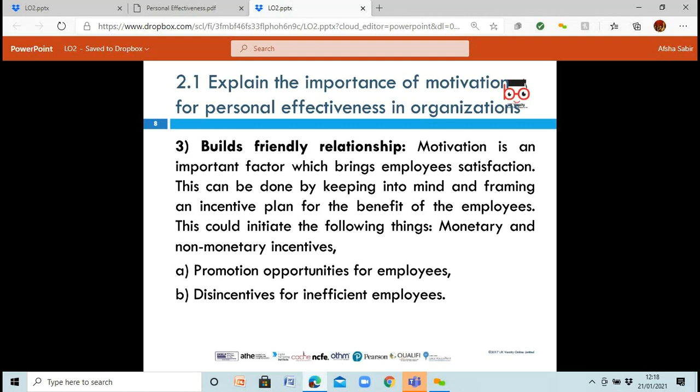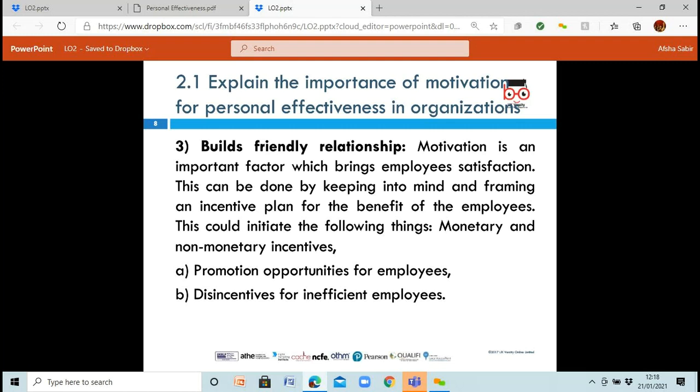If they complete certain tasks, then they might get a bonus at the end of the year, or they might get a small bonus if they complete tasks on the time that they're meant to be done. You might even want to say that they might be able to get a promotion, a higher position within the organization that you're working in.